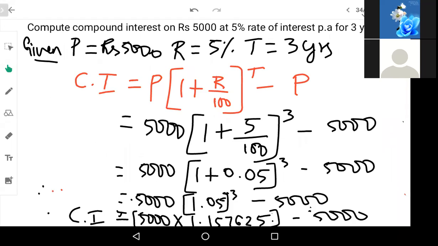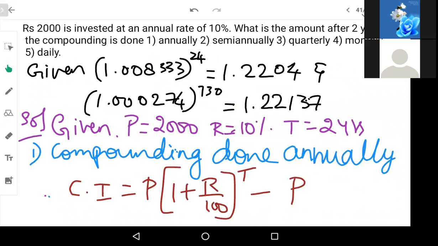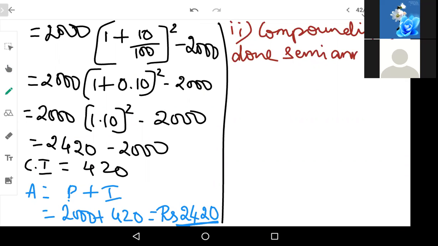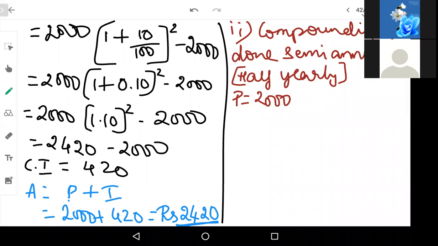Okay. Now, let us go back to our problem. Now, here you have to do it semi-annually. Compounding is done semi-annually. Okay. In bracket, if you're getting confused, you can write half yearly. Now let us write down what is given to us. Principal is 2000